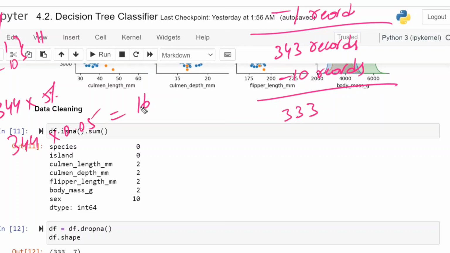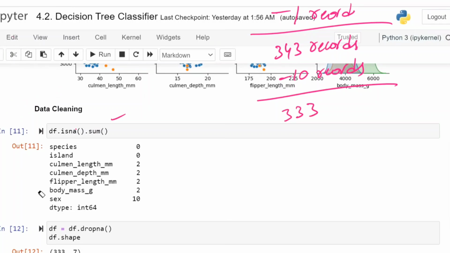If you want to drop more than 5%, you have to tell the reason. Why are you dropping that one? You have to explain the reason. If the reason is valid, okay, you can drop the entire data also. If the reason is valid, you can drop not only 1 column, 2 columns, 3 columns, 10 columns also you can drop. If the reason is not valid, you can't drop even 1 record. Up to 5% of the data you can drop without anything.